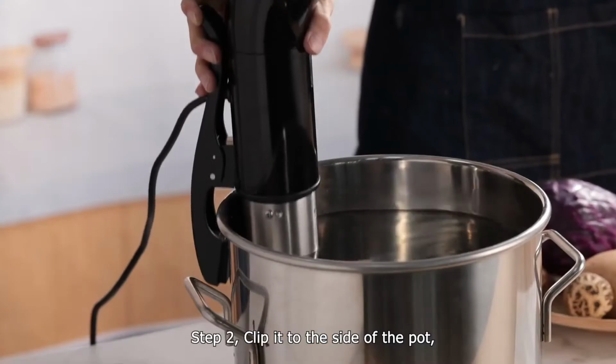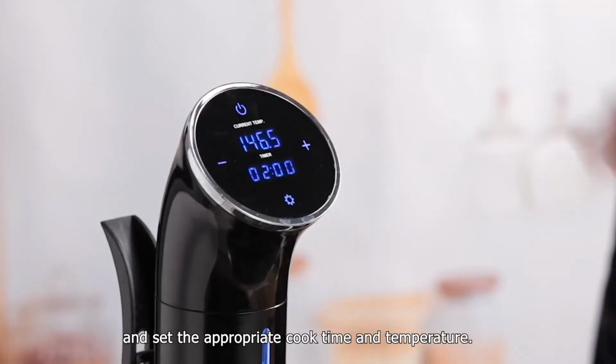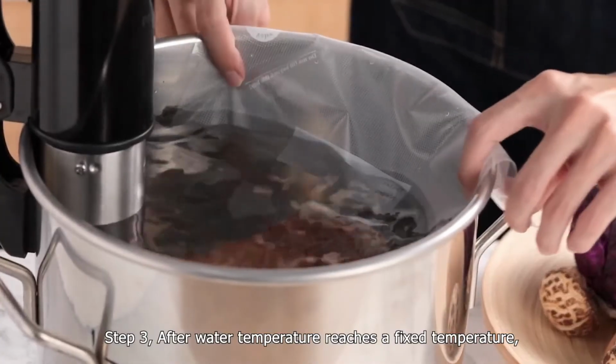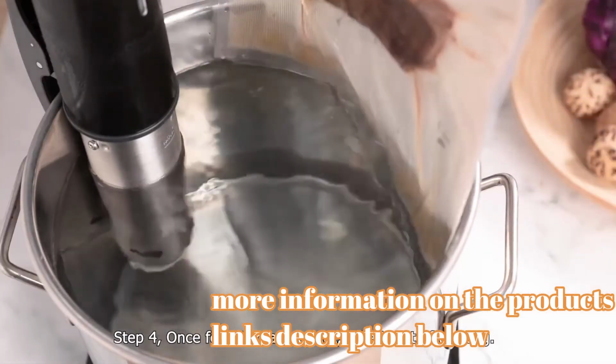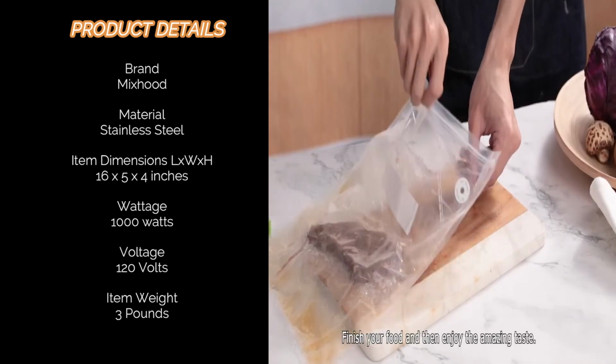Step 2. Click it to the side of the pot and set the appropriate cook time and temperature. Step 3. After the water temperature reaches the set temperature, drop the bag into the water. Step 4. Once the food is ready to eat, take it out of the bag, finish your food and then enjoy